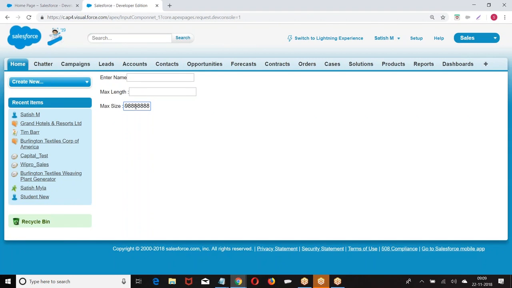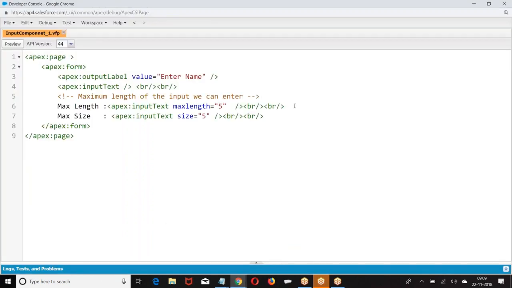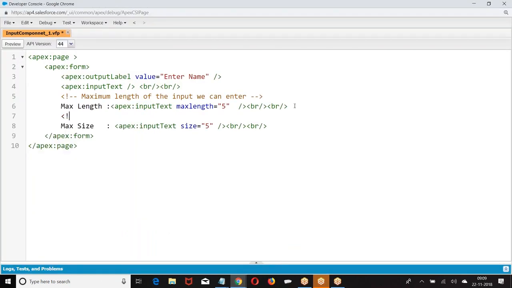It is the size of the box. Size will indicate the maximum size of the input box. The length within that, you can take anything, no issue with that. But the length of the box is the size they have mentioned. This will specify the size of the input text box.